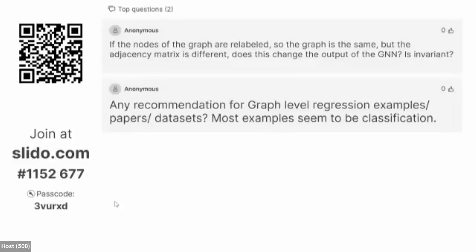Yeah, we have a new question. Oh, the graph level. Right. Okay, another question: any recommendation for graph level regression examples, papers, or datasets? Most examples seem to be classification. That's a good question. So the typical graph level problem, as in the example in the slides, is related